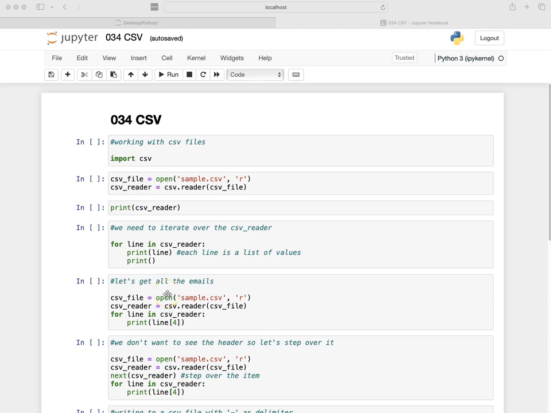Welcome back, everyone. In this module on the next two, we want to take a look at a couple of specially formatted files. This one is going to be on CSV files, comma separated value files. We're going to also take a look at JSON and XML files and how Python can handle them. Of course, you can always use pandas to read these files, and there are other libraries available. But here we're going to take a look at just working purely with CSV files using the CSV library of